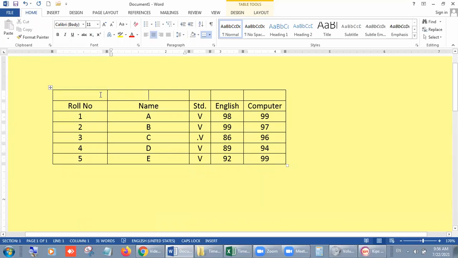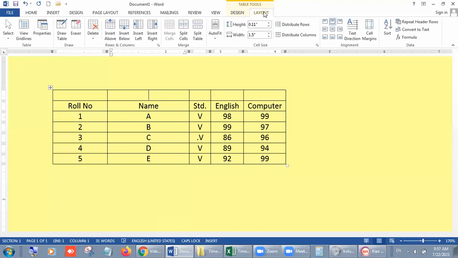Now if I want to divide this cell into two cells, click inside it. You can do it with the help of the tab or directly with the mouse. First, with the tab, click on Layout, and in the Merge group we have three options. First is Merge Cells, second is Split Cells, and next is Split Table. We have to click on Split Cells.